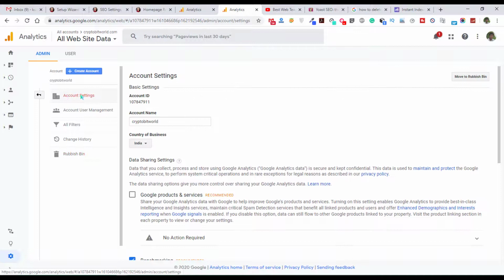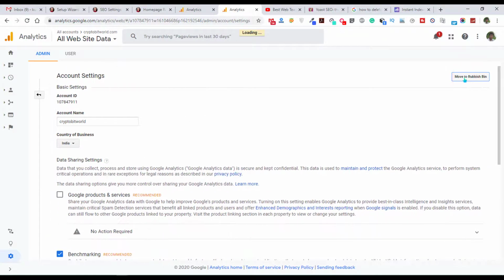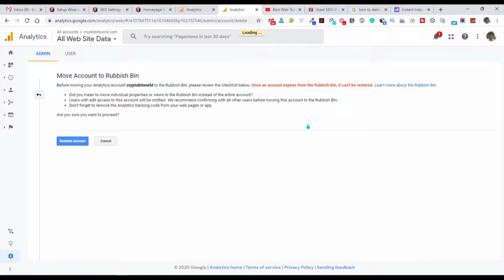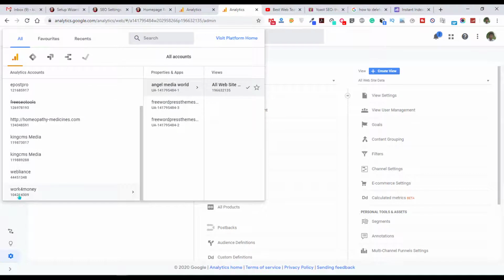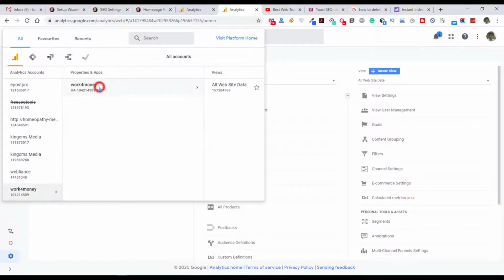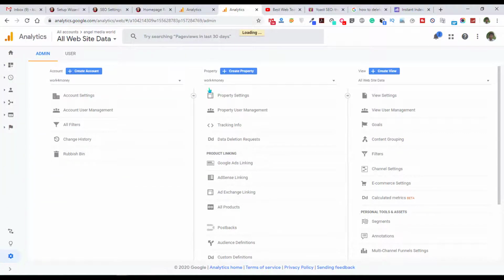And again just click on account settings and again click on move to rubbish bin, and again click on rubbish account. Now it will be refreshed automatically. Again I want to delete this site also. Just select the site,